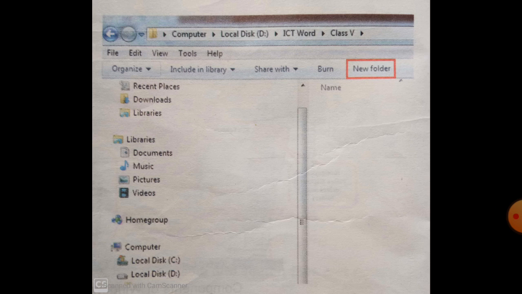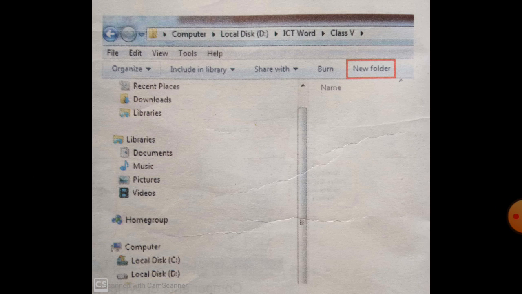First, click on the Start button, then Computer, and then select the drive, and then select the folder. By this step, we will specify the exact location where the folder is to be created.